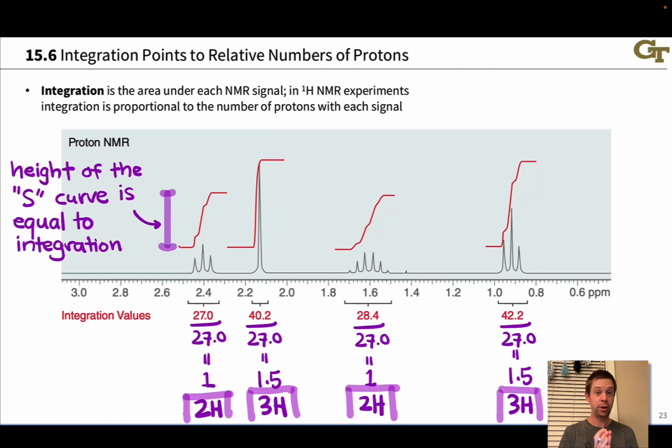Now, if the number of hydrogens in the molecular formula is 10, then we know we're done. However, the molecule could have a multiple of this number of hydrogens. 10 is essentially the minimum here, right? It could be 20, 30, or 40, for example, and these ratios could still hold. And in those cases, symmetry comes into play, and we're going to see what that looks like in the ensuing